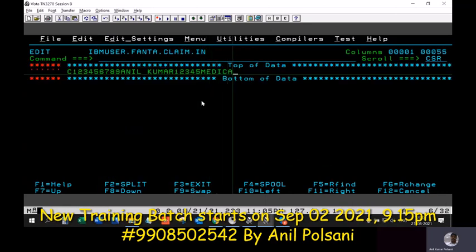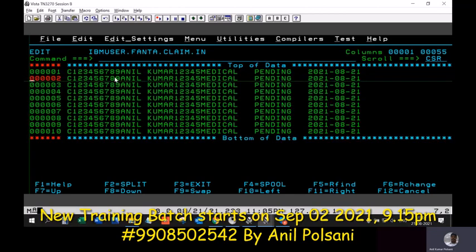So type 6, status, and 1 2, 21 08 20. If you see, the last numbers are the sequence number, so you type unnum. Then it will help us here like this. So we have now some number of records here: 81, 82, 83, 84, 86, 87, 88, 89, and 90.